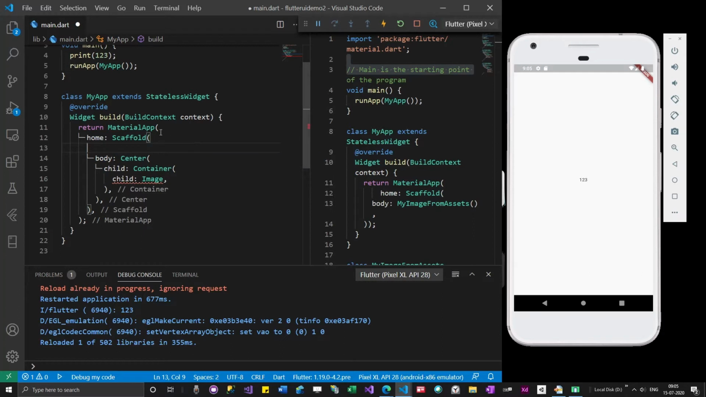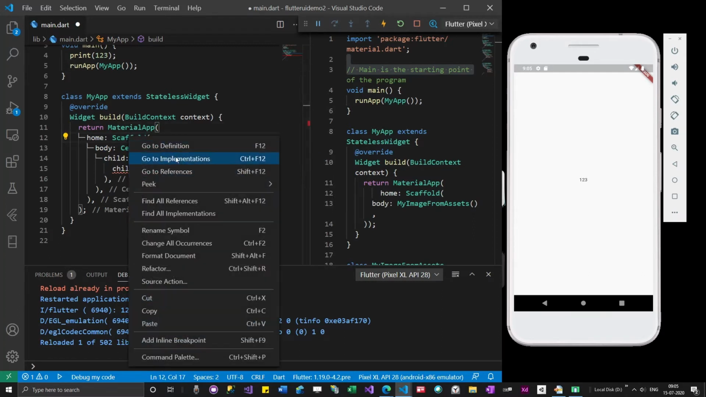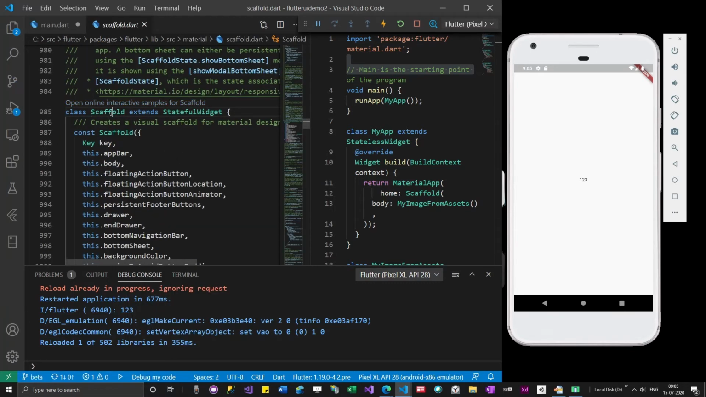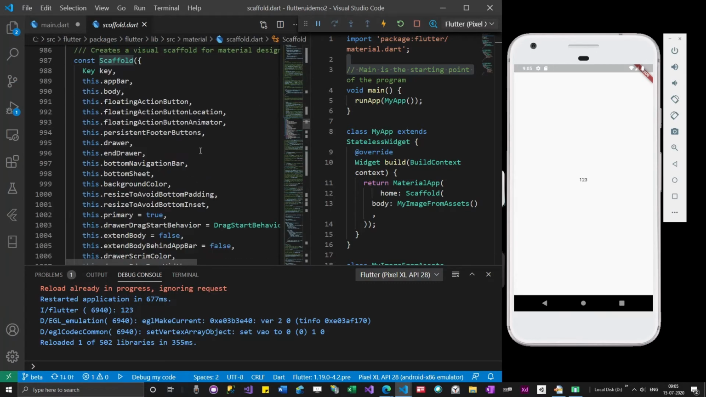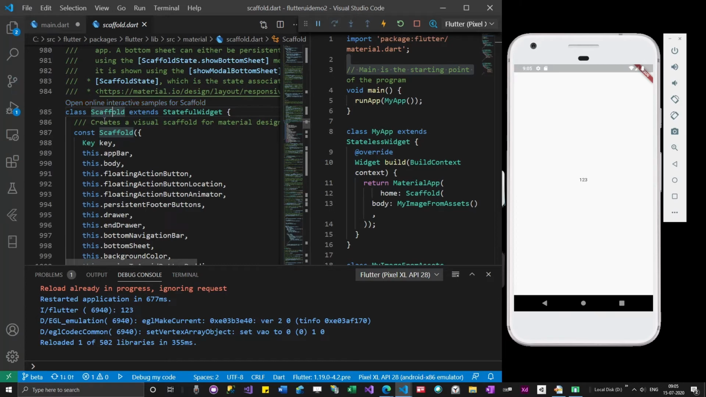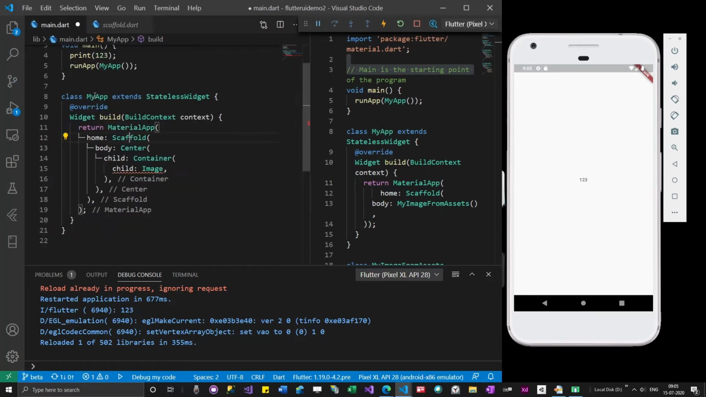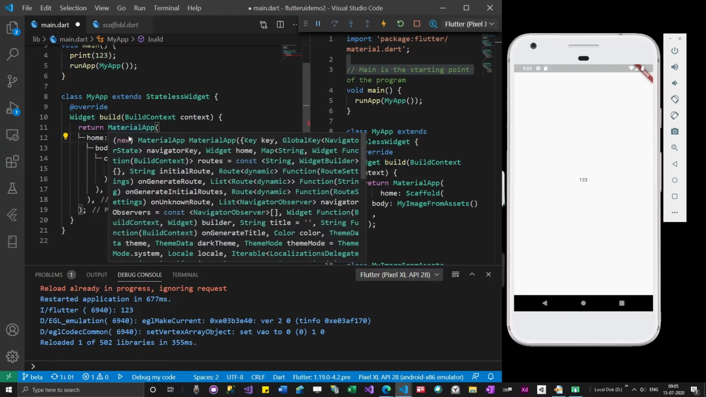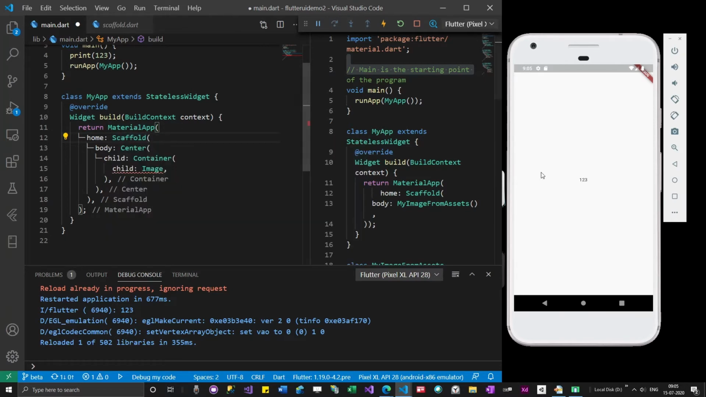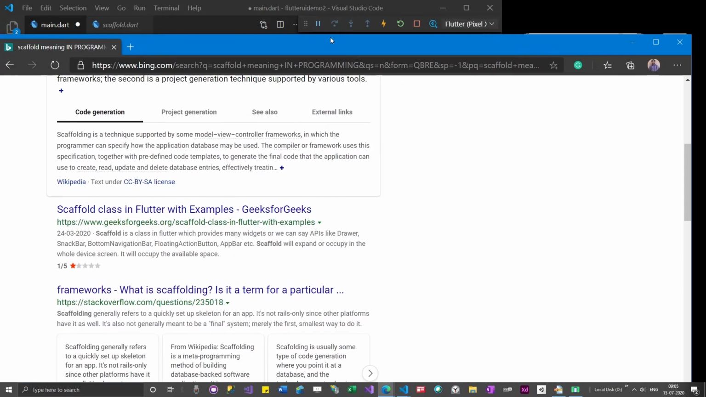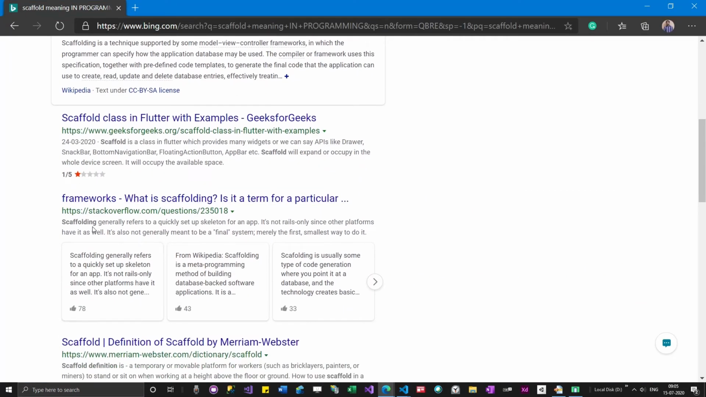So we can take it like it's a terminology that has been given for the class. They defined this class name as scaffold, that's it. They can rename it to something else also. So the thing you should remember is, when you add scaffold inside material app, your user interface changes. One of the posts here is saying that scaffolding generally refers to quickly setting up